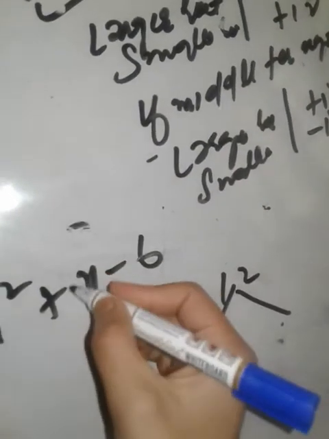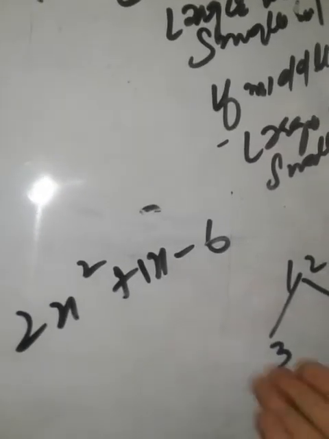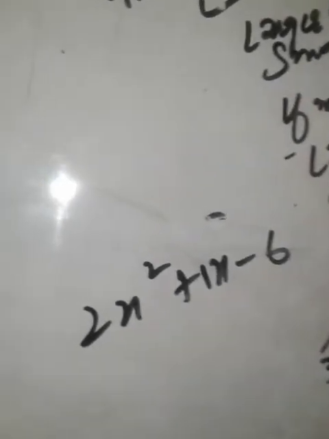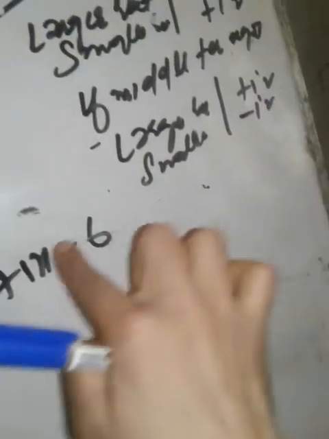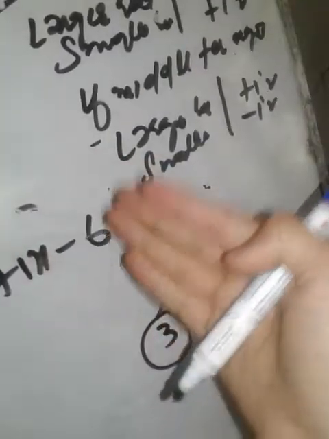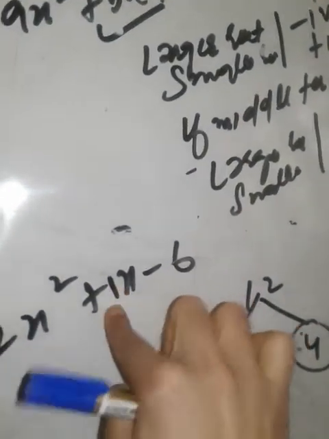Split 12. You should get this one. This is 3 and 4, so it is 4 minus 3 or 3 minus 4, whatever. Now the roots will be 3 and 4. Which do you have to keep positive and which negative? What is the sign of the middle term here? The sign of the middle term is positive.